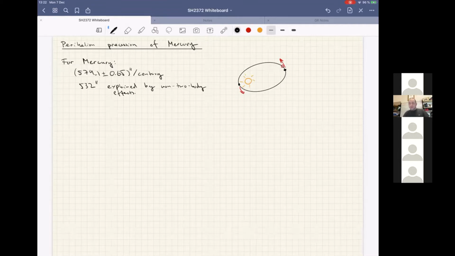And so let's look at it. Well, the big surprise is, of course, not that, since this is a GR course, we're going to explain this remaining precession by a general relativity effect. So what we can do now is look at the Schwarzschild metric, and when we look at the Schwarzschild metric and the motion of a test particle, in this case a test planet, if you remember, we had this